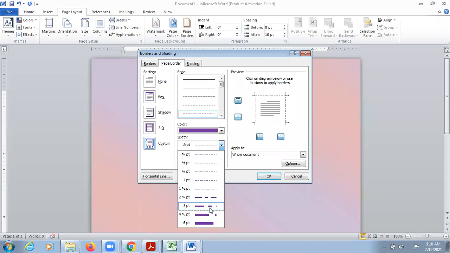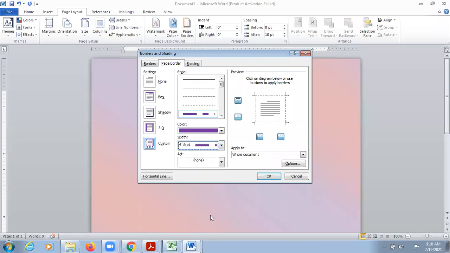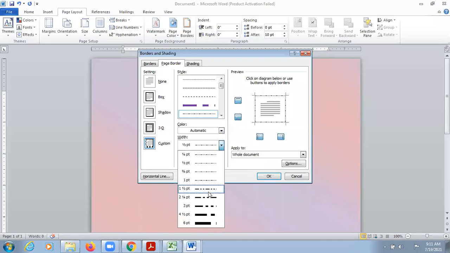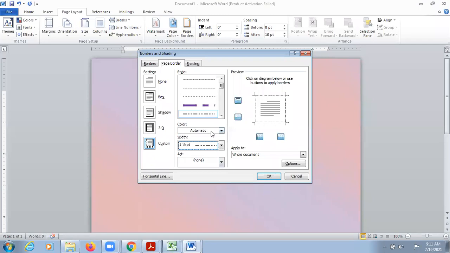Let's say I want my line to be this much thicker. You can select any border, like let's say this one, and the width should be of this size and purple color.